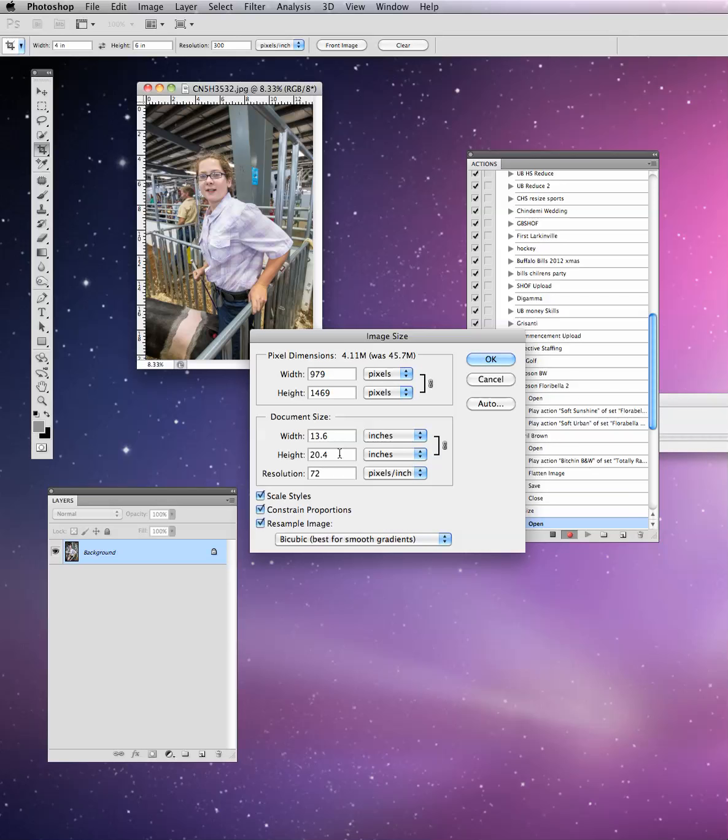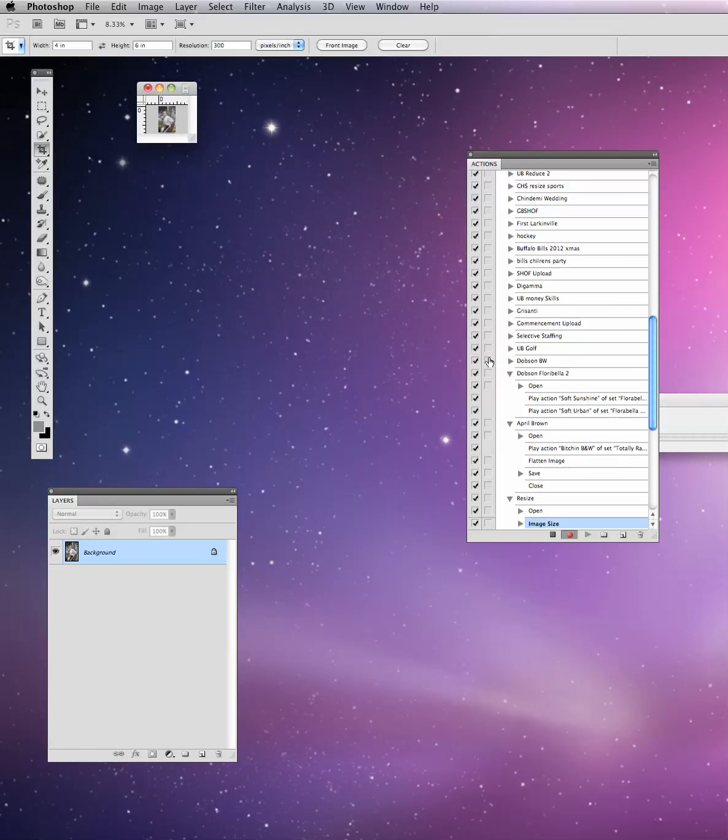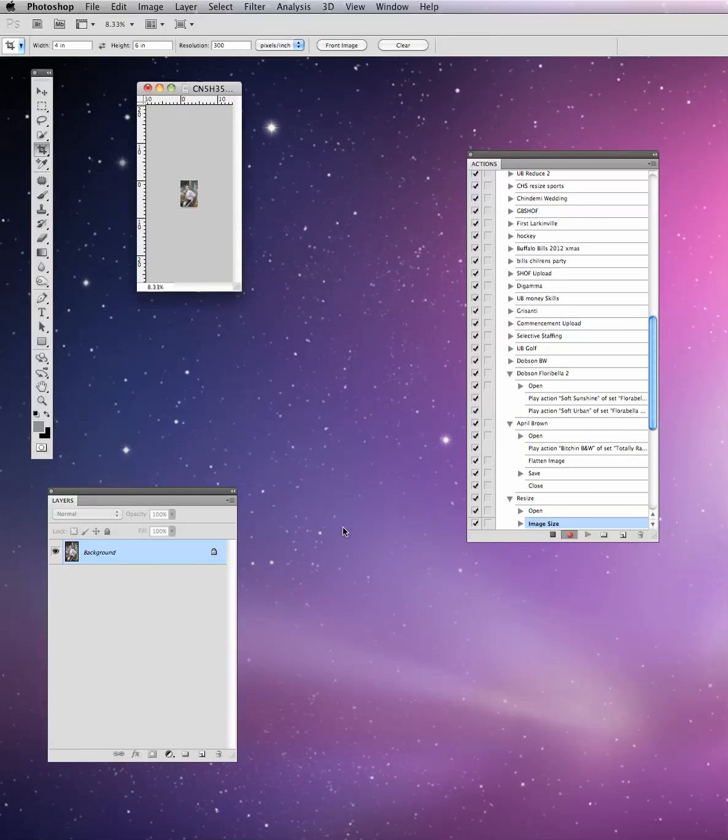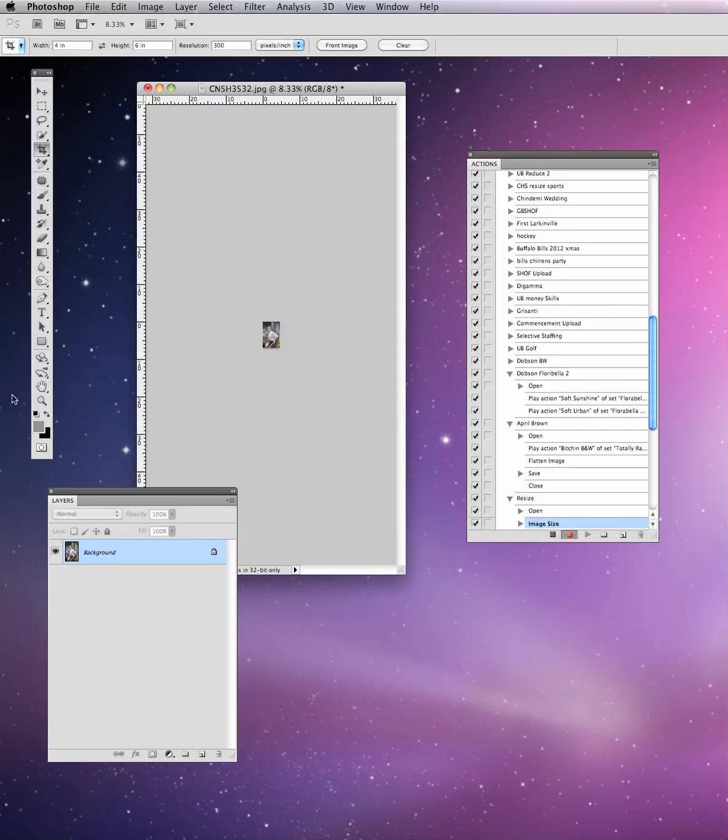And then decide what height and width in inches you want this. So let's say you want it 7 inches by approximately 4.5 inches there. Just type in 7 in that window and hit OK. Now it's going to resize that image to that size,